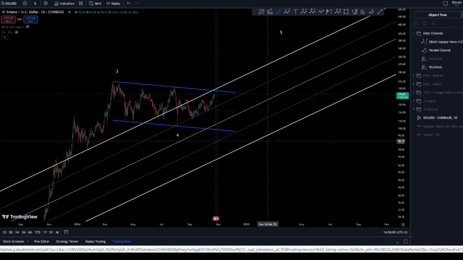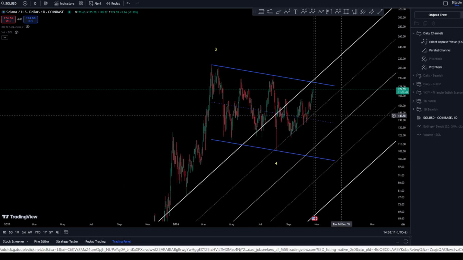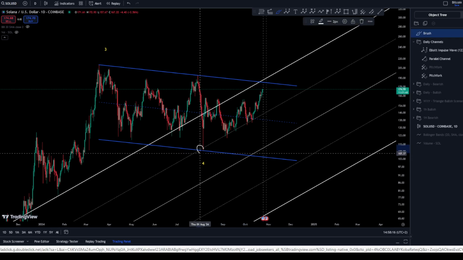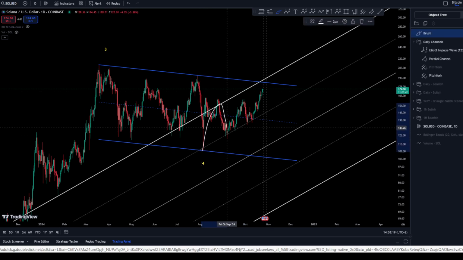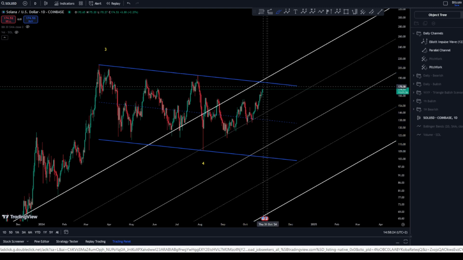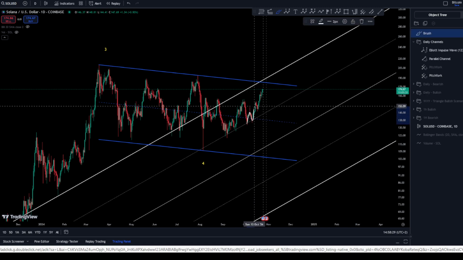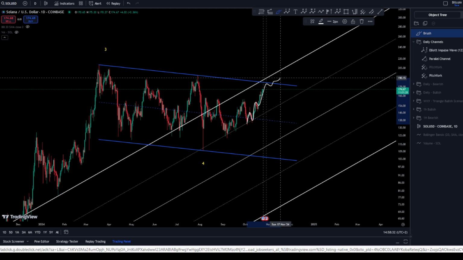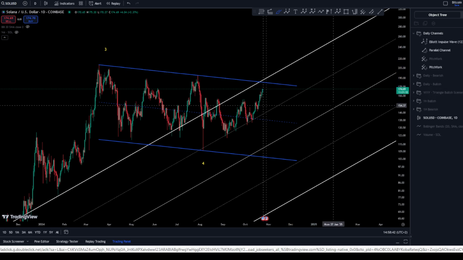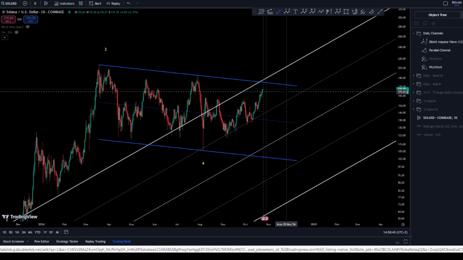Now, what we are looking for, very obviously, is to test this corrective channel, where after bottoming here for the wave 4, we are looking at 1, 2, 1, 2, possibly, and 3, 4, 5, 4, 5, possibly, if we could break it, of course. Now, if we cannot break it after having here a 1, 2, possibly 1, 2, 3, 4, 5, 4, 5, it is possible to break this channel and start acceleration, ranging around the acceleration channel, which would be nice to see for Solana in a bullish scenario.